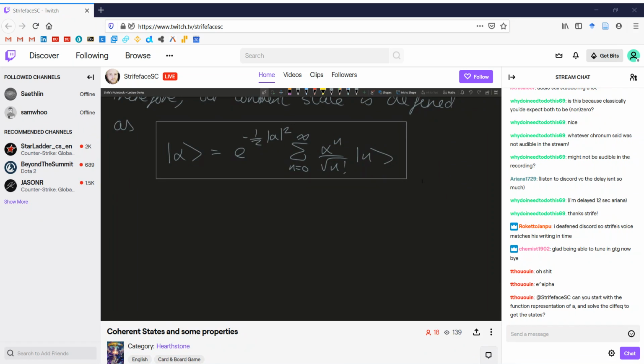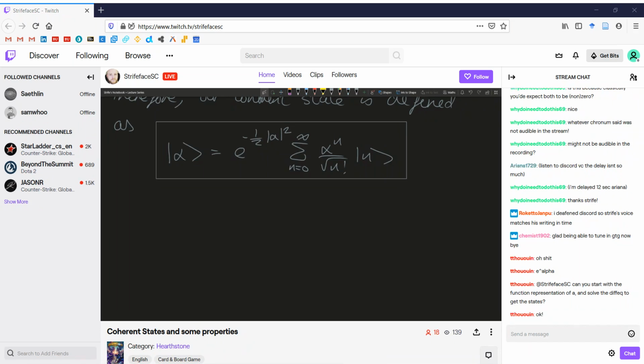Now, this is our coherent state. We know that. So we now have this equation as well. And now, A and A dagger are conjugate transposes of each other. Now, they're not Hermitian conjugates of each other. Then what we have